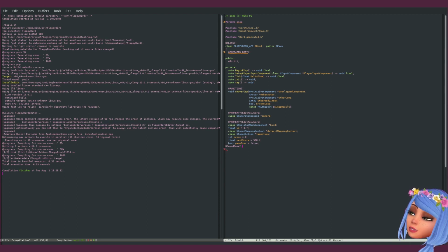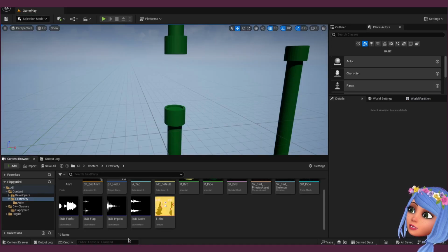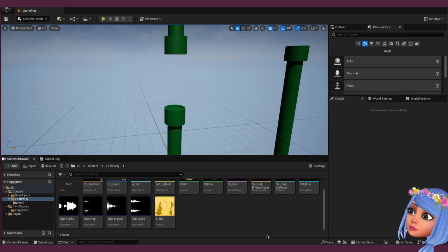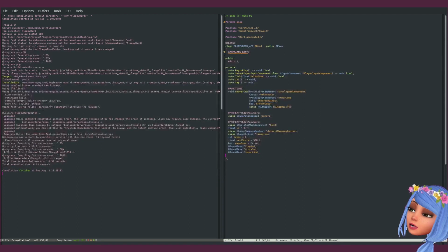First one is flap, sound base, impact, and what sounds did we get? Flap, impact, or score. Let's do sound, and fanfare.